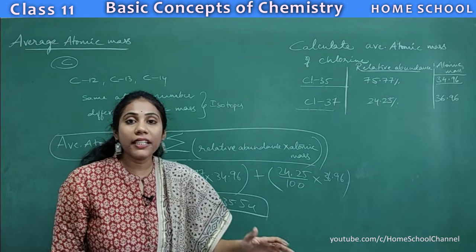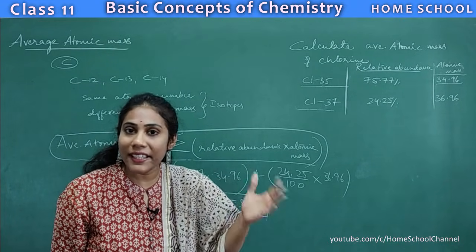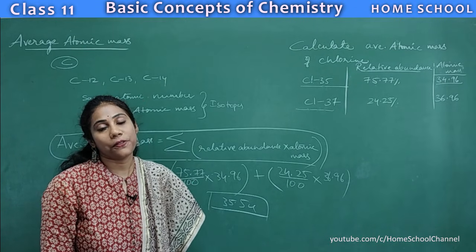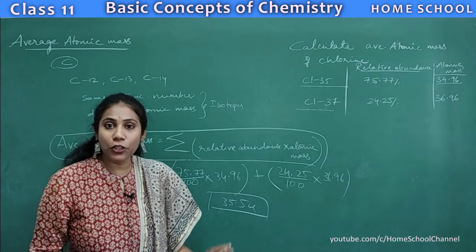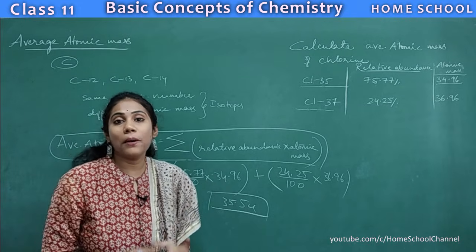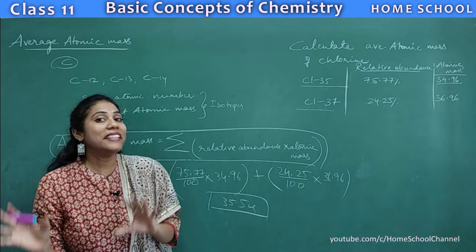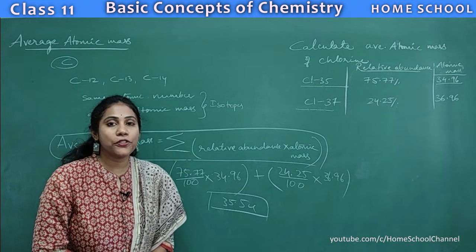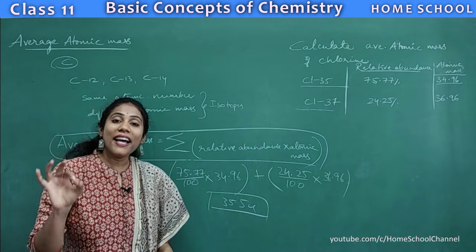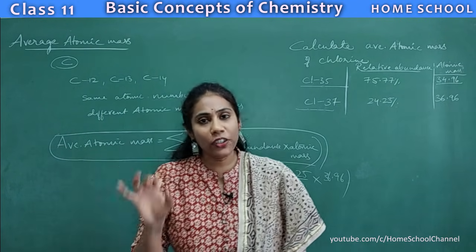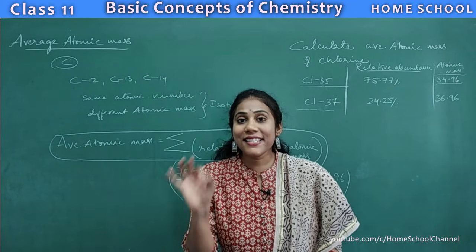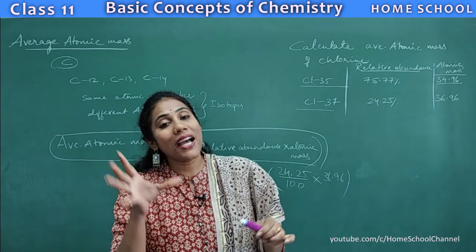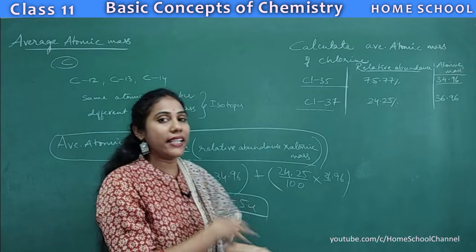In your periodic table, whatever atomic mass values are there for the elements are actually the average atomic masses of the isotopes. Every element has isotopes, so the average atomic mass of the isotopes is what they have put in the periodic table. These average atomic masses only we will use for calculations. The atomic mass of oxygen we say is 16. We know the meaning of 16, but how has it come? Oxygen has 3 isotopes, and the average atomic mass of the 3 isotopes they took as 16.